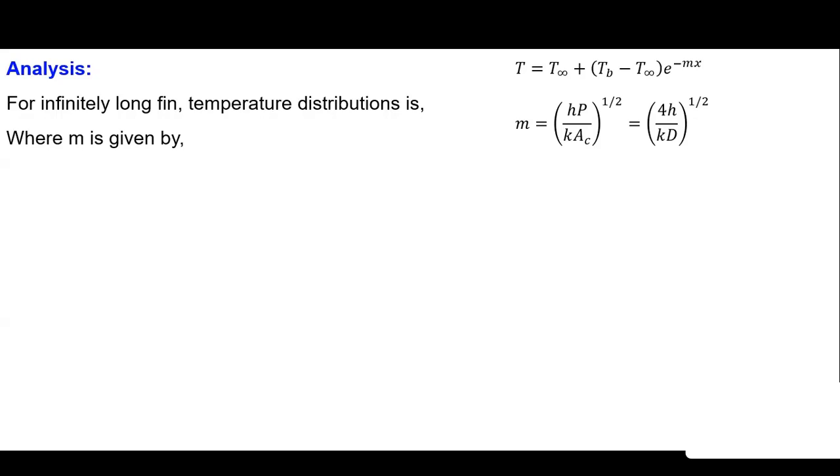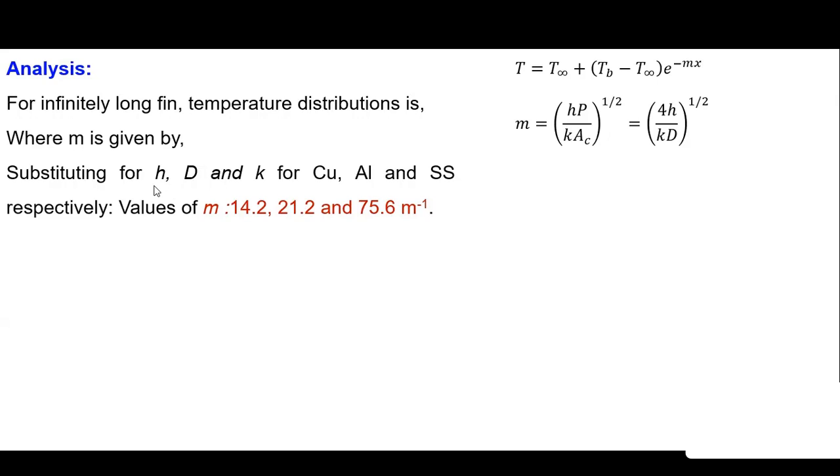is hP upon kAc raised to power 1 half, that is under root, and can be rearranged because the perimeter in this case is pi d and the area of cross section is pi by 4 d square. So if you put those values, you get the modified equation 4h upon kd, raised to power 1 by 2. Pi is getting cancelled and one d is getting cancelled, and the 4 will go up, so it becomes 4h upon kd. Simple modification. So if you put values of h, d and k, of course h is same, d is same,